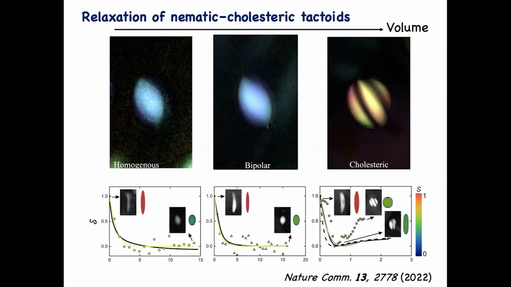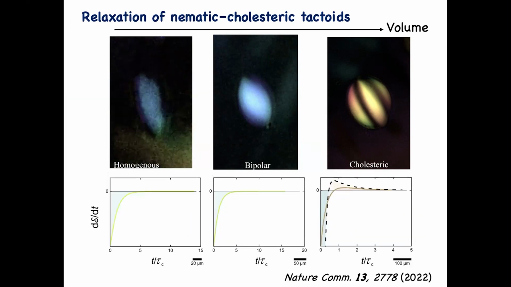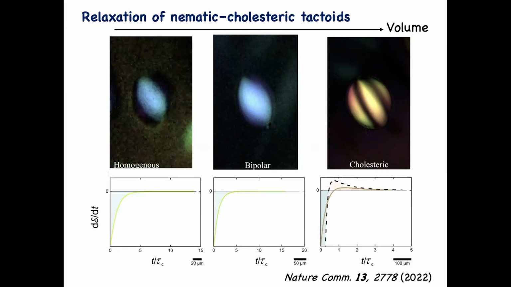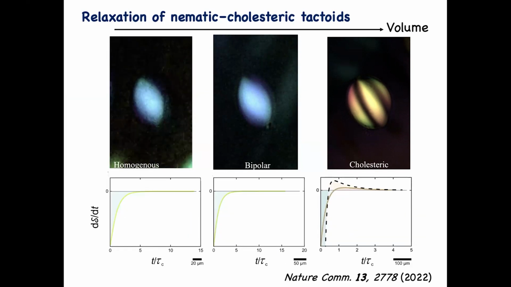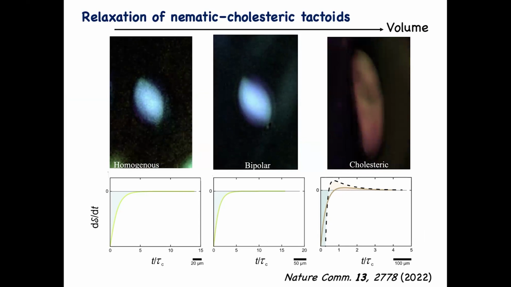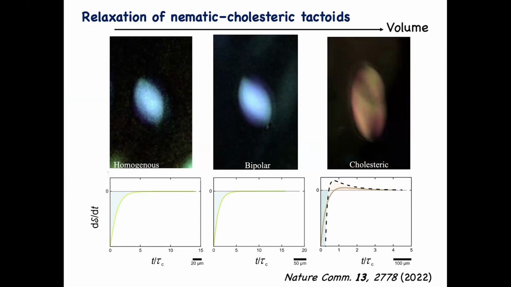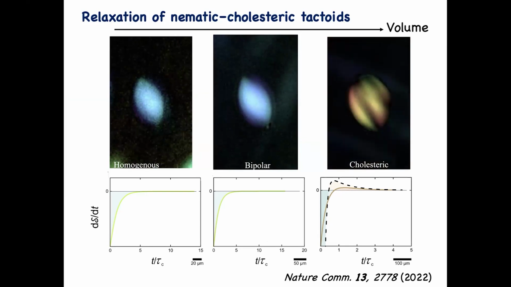This is the order parameter versus time. It's easy if you look at the derivative. And you see the first two cases are monotonic. Here there is a jump. So in this last case, there are two landscapes. One is the droplet, the fibers have to realign with the surface, but they also have to twist. And these two different landscapes originate the non-monotonic evolution of the order parameter.